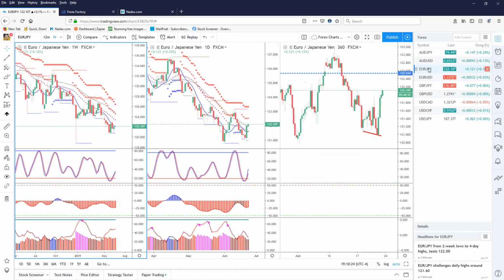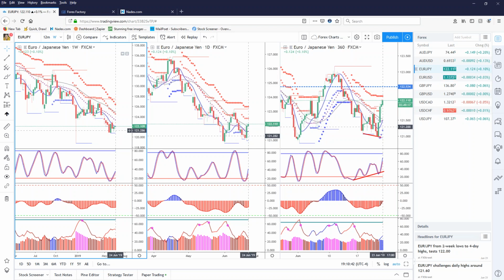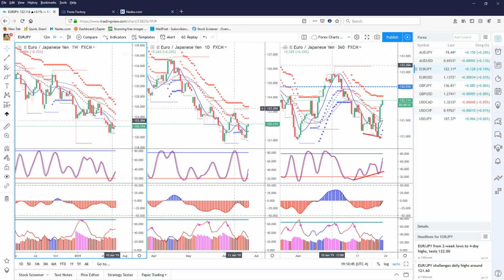On the euro yen, you can see you have that same little double bottom formation here. This is a reversal bar to the upside, which indicates that this should be a bullish bar this week, okay? We're barely into the week. Here you also have a reversal bar, again indicating that this market should go up. You do have overhead resistance at 122.53 as well as